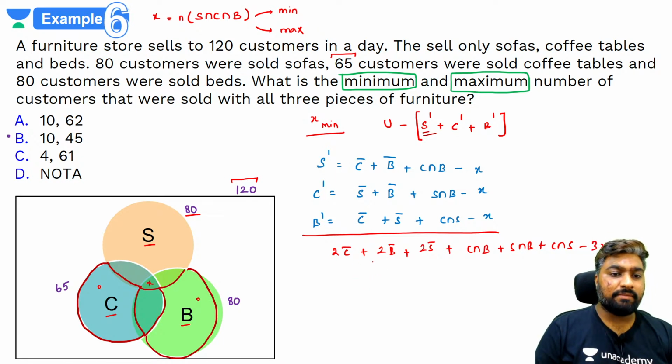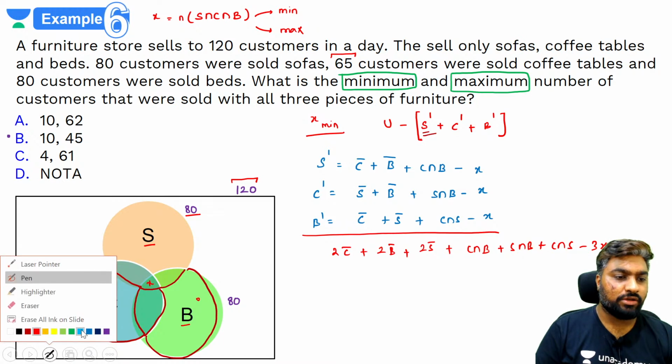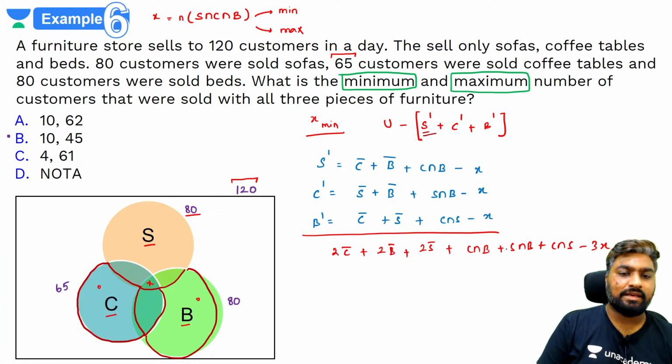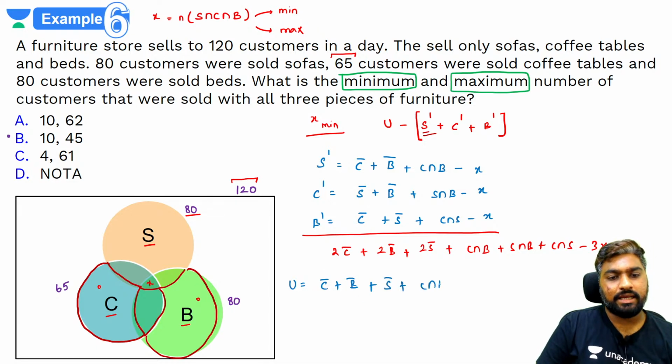Yes, इसमें अब हमें union अगर बनाना है, if I want to make union, then what do I need? I want only C. Union क्या बन जाएगा? What is union? Union is going to be only C plus only B, only S, plus इनका intersection, individual intersection